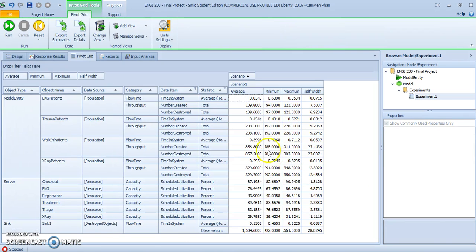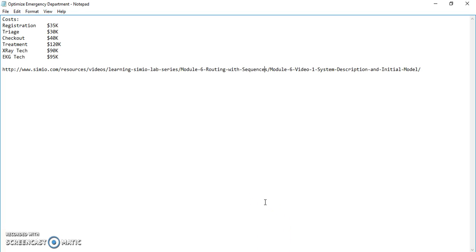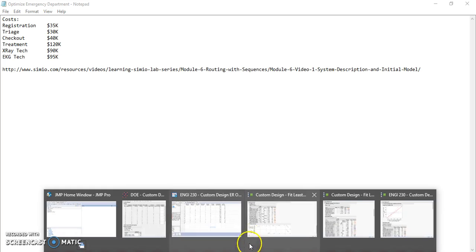So I'm going to go to the pivot grid, and down here, see 0.5306. I think I've already seen that figure before when I tested this earlier. Yeah, 31.836 minutes. So basically, we reduced time by 16 minutes, but how much money did we lose if we bought 2 X-ray and X-ray techs and 2 registration? So that's 70,000 plus 180,000. We lost 250,000, but that's actually pretty good considering